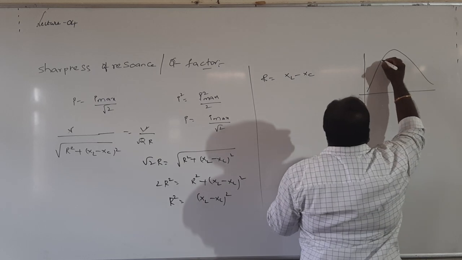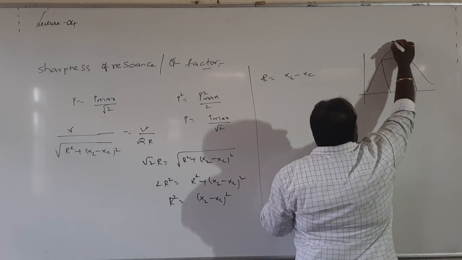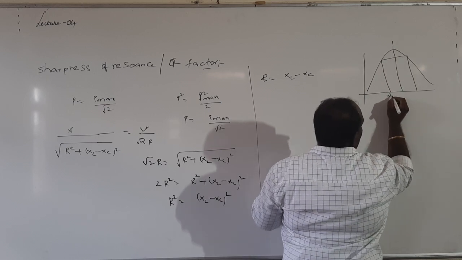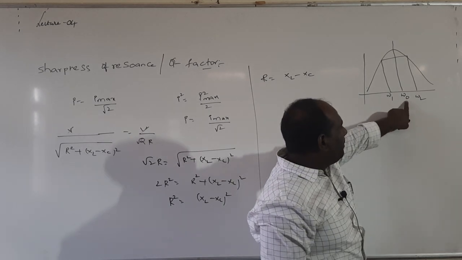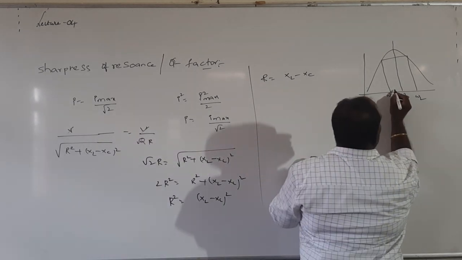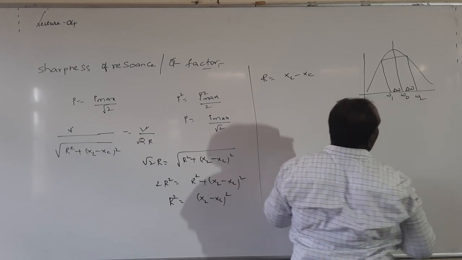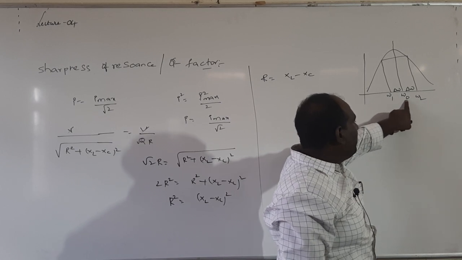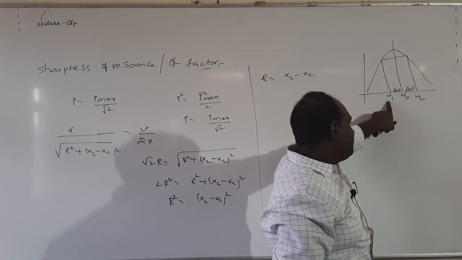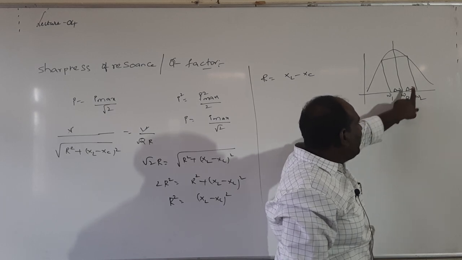This curve we are getting. These are half power points. These half power points are omega 1, omega naught and omega 2. The distance between omega 1 and omega naught I am going to take as delta omega. The distance between omega naught and omega 2 I am also going to write as delta omega. So the difference is the same. The difference between omega 1 and omega naught, and between omega 2 and omega naught, is the same.